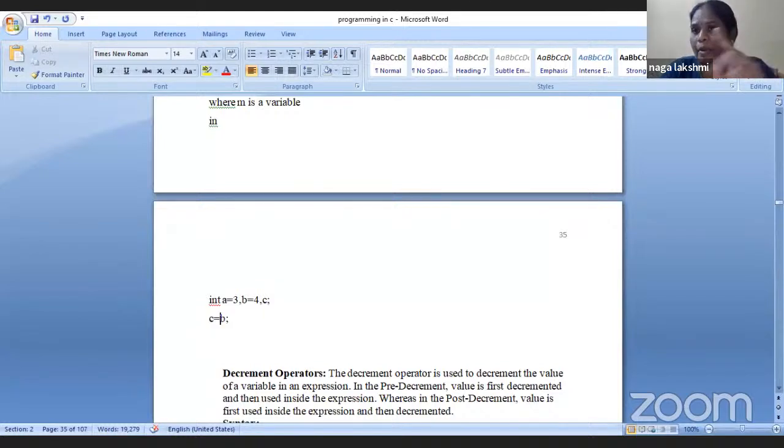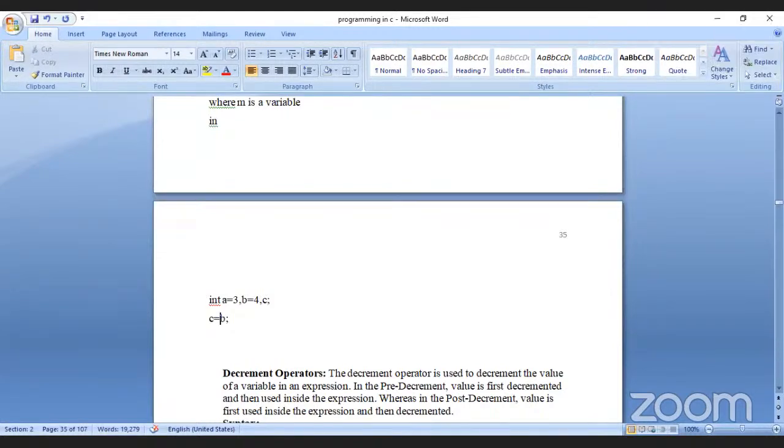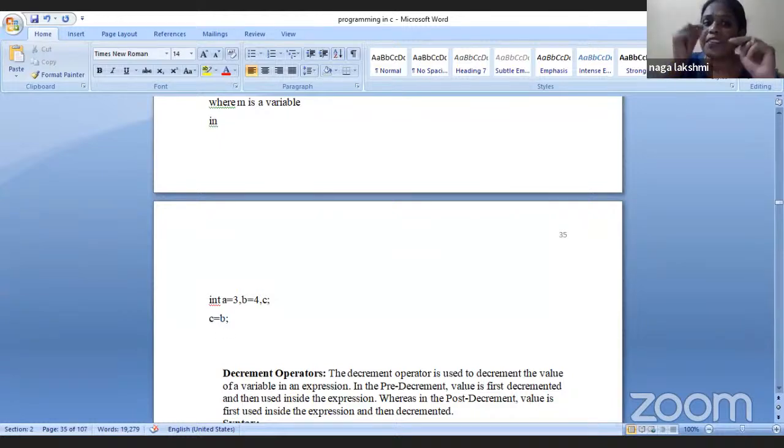As a good programmer, you have to keep two things in mind. A good programmer always tries to write the program keeping two things in mind. What are those? Keeping space and time complexity in mind. Whenever he is writing a program, he should keep in mind that I should not use more memory. I have to reduce it. Like, for this program, if I am writing, I write like this.